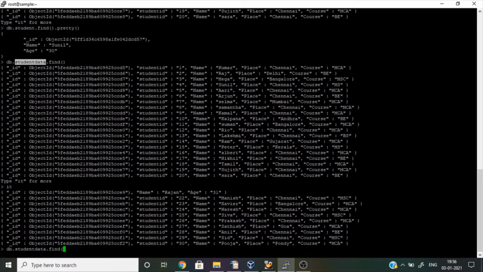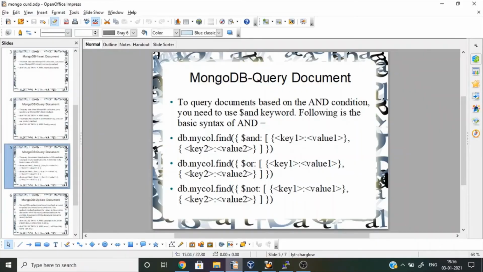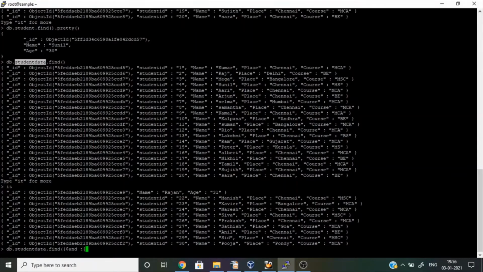Find, dollar and. I'm going to give place as Chennai, and course as MCA.